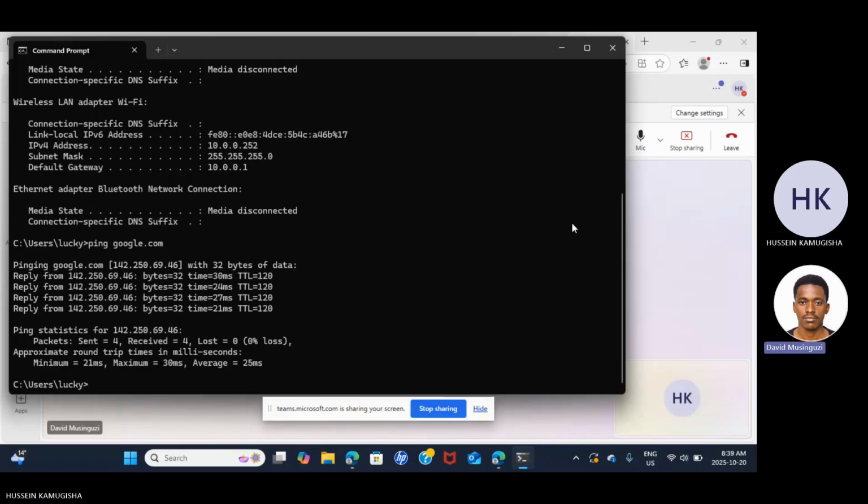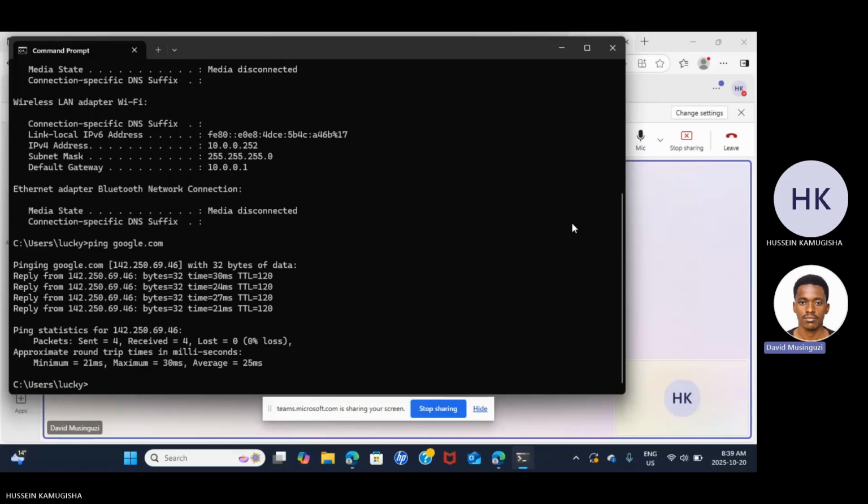Tracing network path is mainly for diagnosing slow connections and network delays. We are trying to find out, from one hop to another, where the delay is coming from.